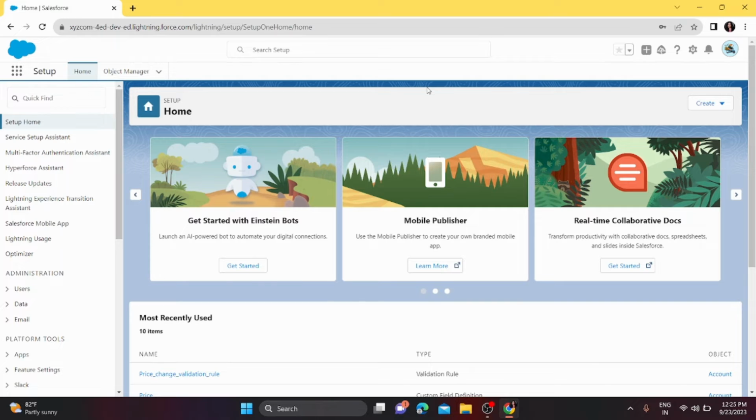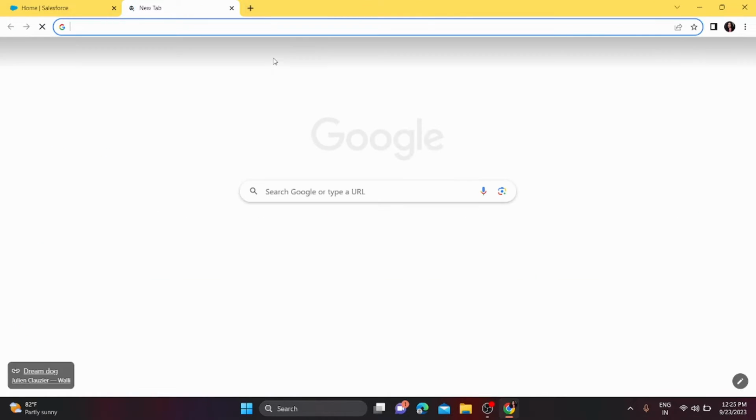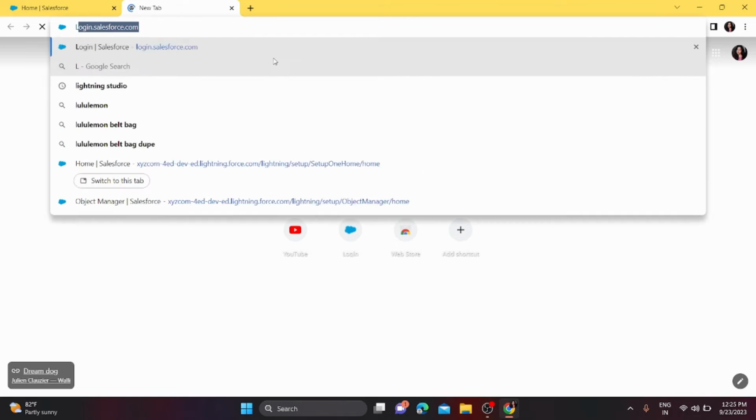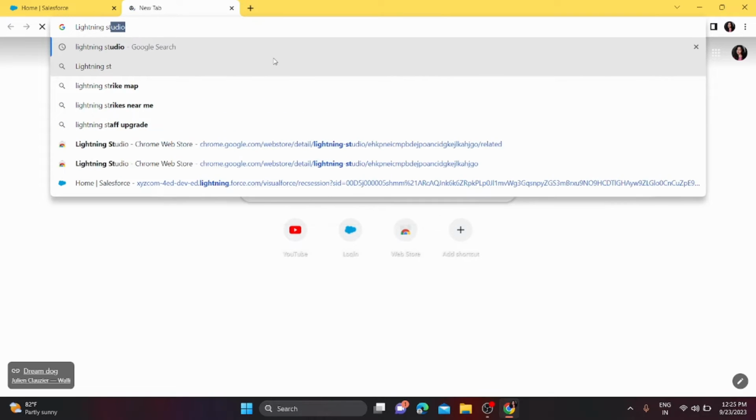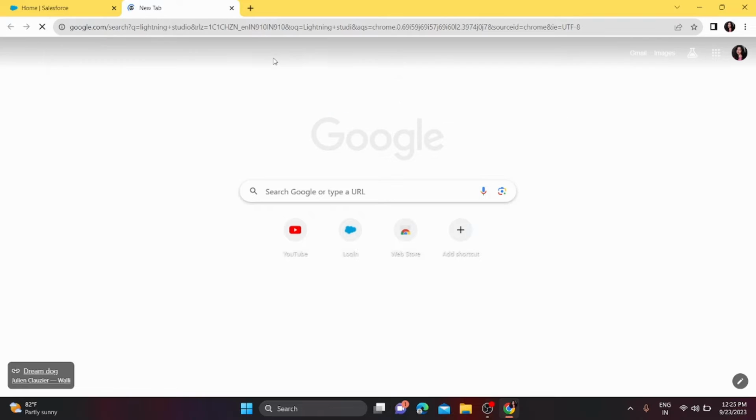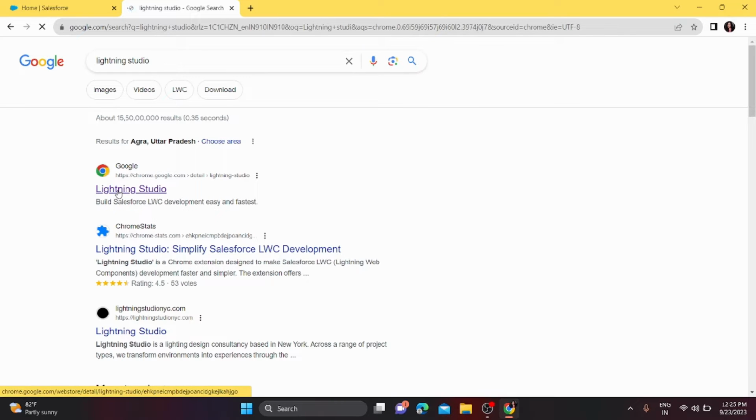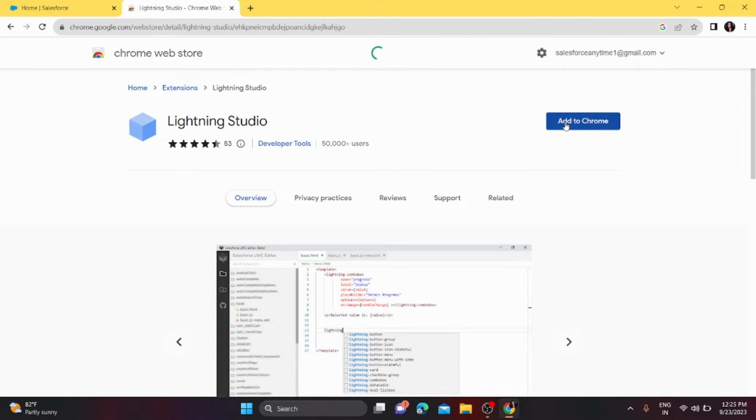So to create a lightning component, there are two ways. We can use VS Code, or there is one extension which is a Google Chrome extension. We can use that. So as we can see, we don't have any extension in this particular browser yet, so I'll just open another tab and type Lightning Studio, and I'll click on the first link. After this I'll click on add to Chrome